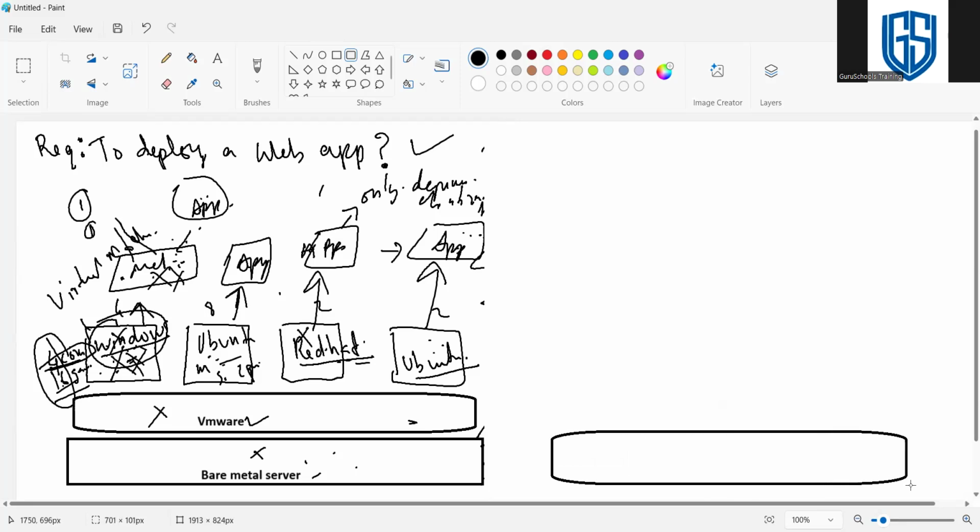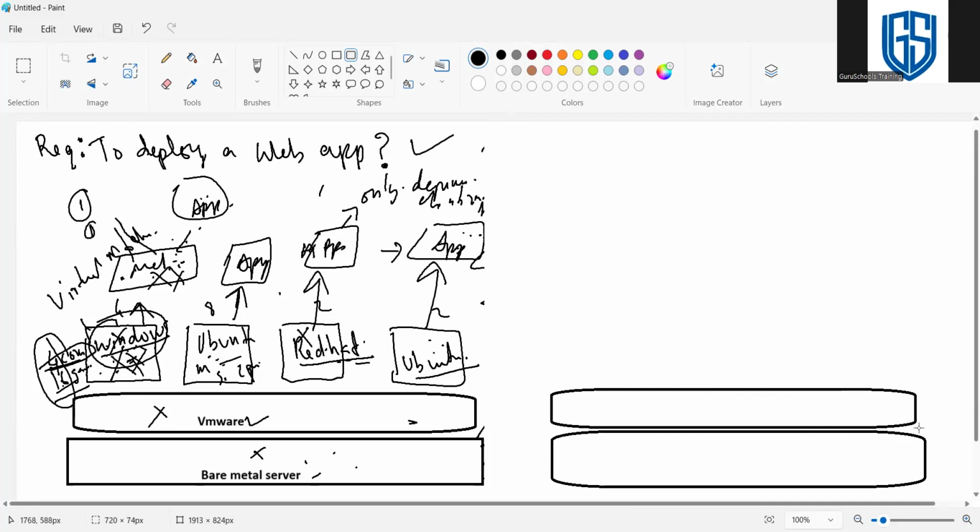Coming to Docker, we need the bare metal, right? So we need to buy a bare metal server. On top of the bare metal, this is the Docker scenario. This is the traditional scenario. In the Docker scenario, we buy a bare metal the same way, and on top of the bare metal, we install an operating system, not any virtualization tool.